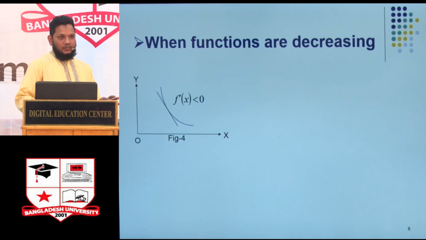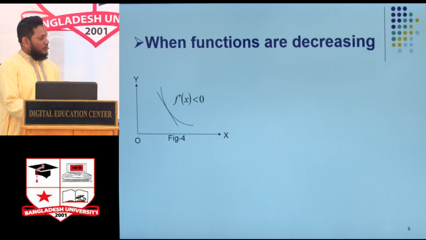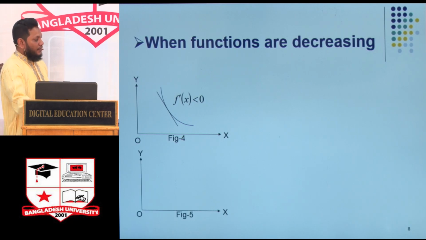If we see tan theta, when theta is from 90 to 180 degrees, it is always negative. So we can say f prime of x, that is the slope of the tangent, is negative. So we can say this function f of x is a decreasing function,